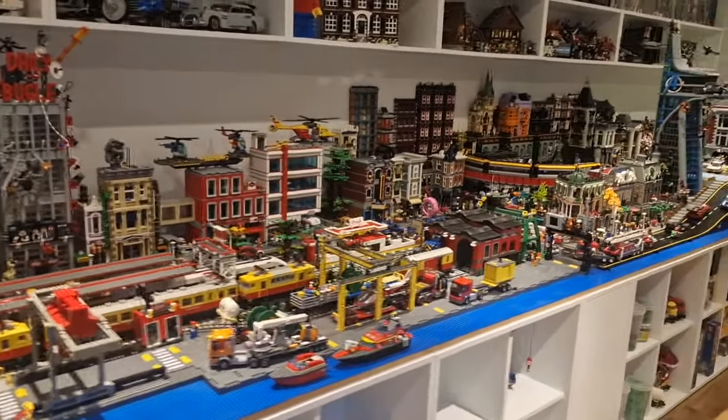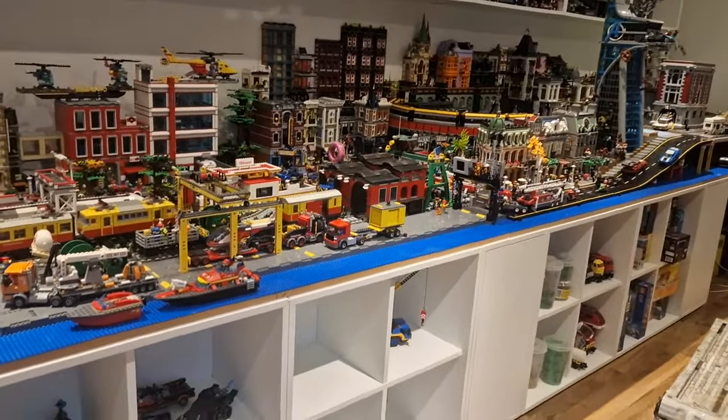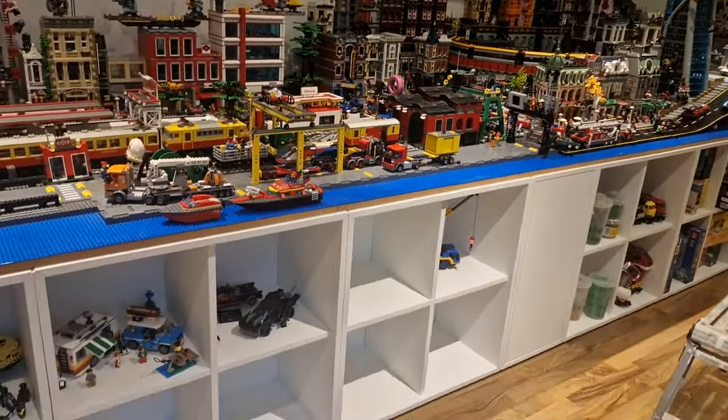Another thing that you might notice is the units underneath the city. So we've put in the new units all the way along, and we're going to use some of them for display purposes. So some of the Speed Champions sets are going to be going in there, and we've removed the castle from in front of the mountain